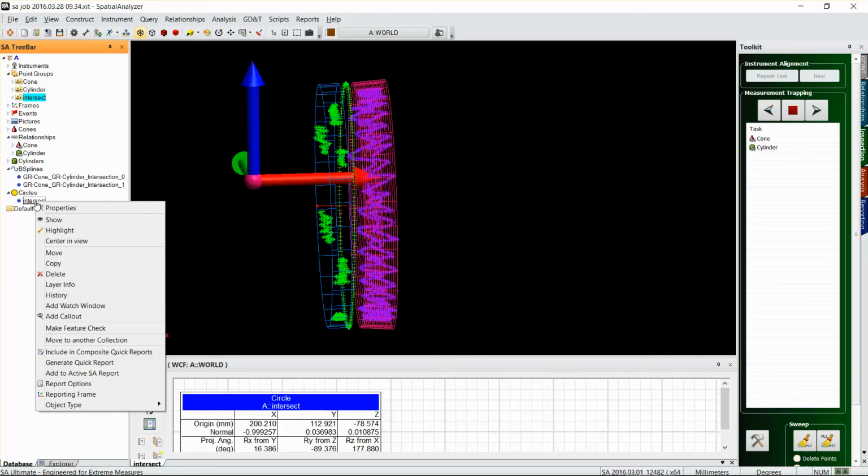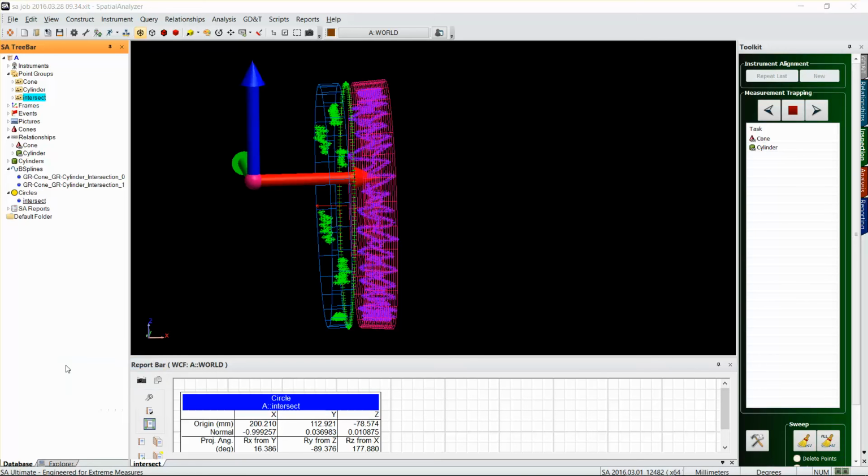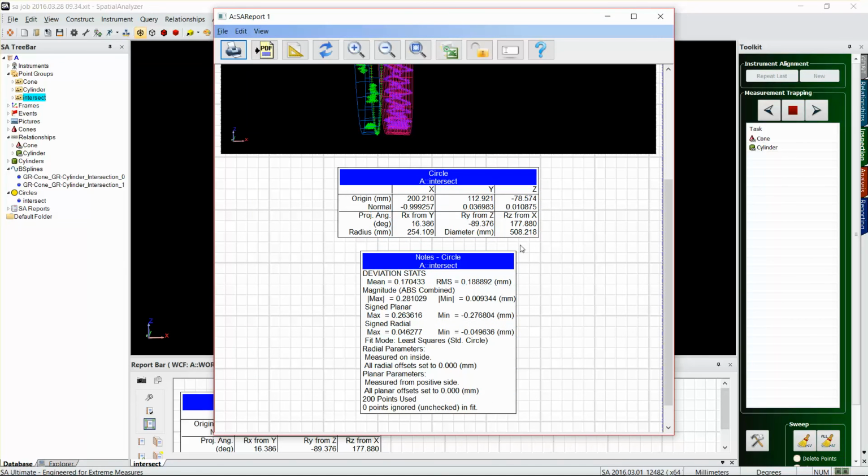So in order to see the diameter of that circle, which is what you're really interested in, just go to Generate Quick Report and pull it up, and right there you've got your radius and your diameter, 508.21